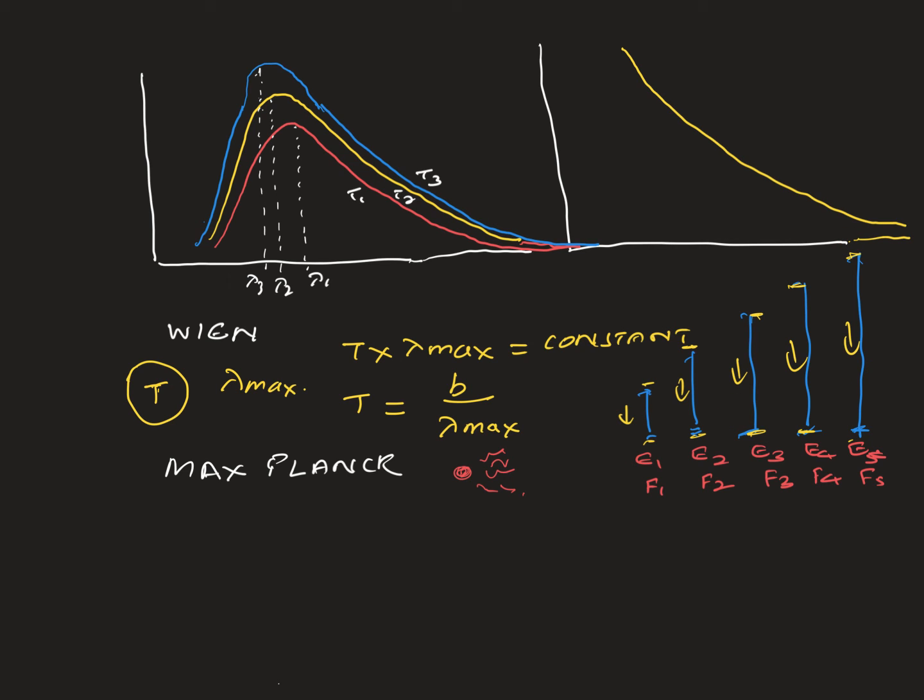So Max Planck said that the energy emitted, radiated or absorbed is equal to E = hf. He said that you need to multiply the frequency by a constant to get the energy. So the energy is emitted as discrete quantities and not continuous.